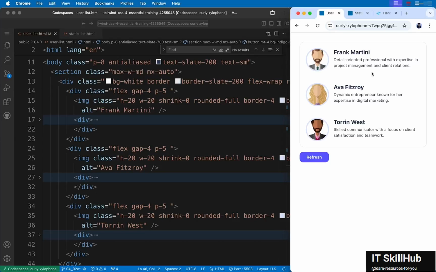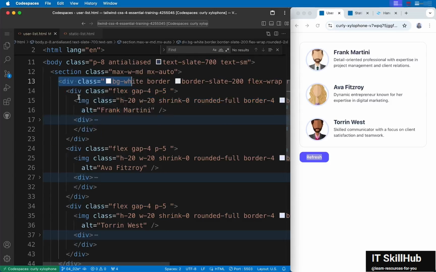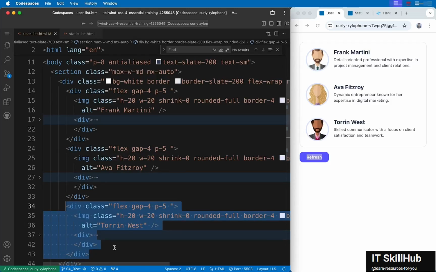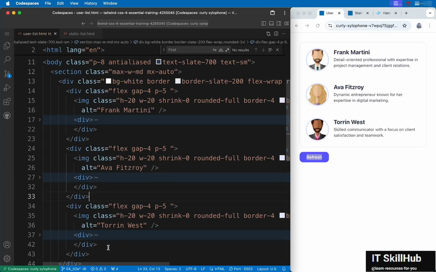Let's explore some of them using this list of users. I'm just showing 3 users here for the sake of simplicity, but assume this is a huge and dynamic list coming from a database. Now here's the markup. I have this parent and I have 3 divs. Now I have them 3 times because this is a simple HTML project, but in reality, you will be using a framework which would definitely have some loops. So all of these will be in a for loop or a for each loop, and you will have to style all these just once.